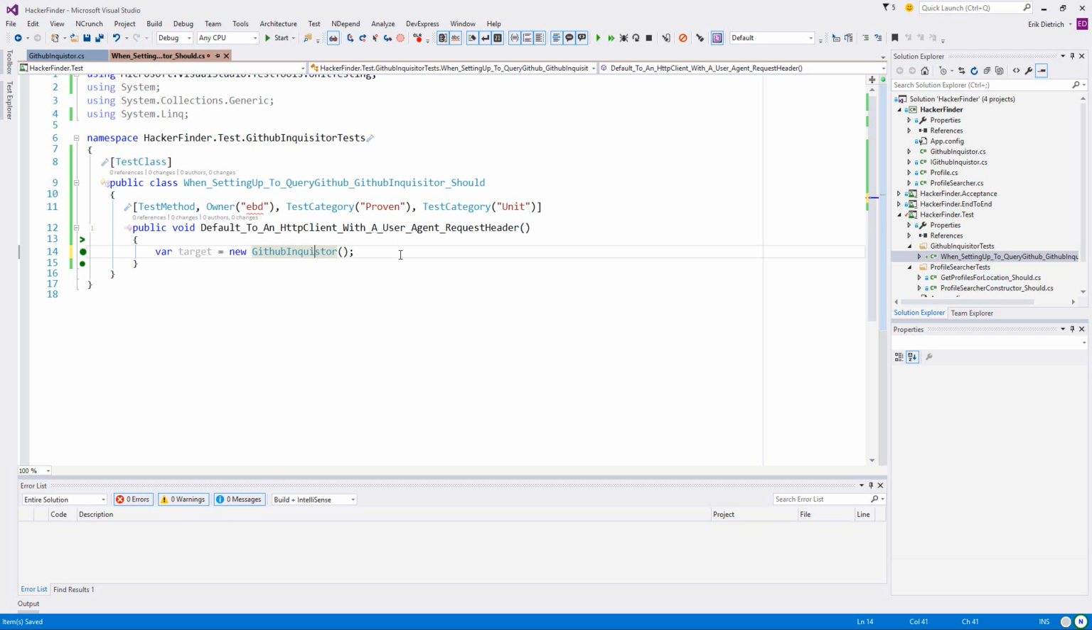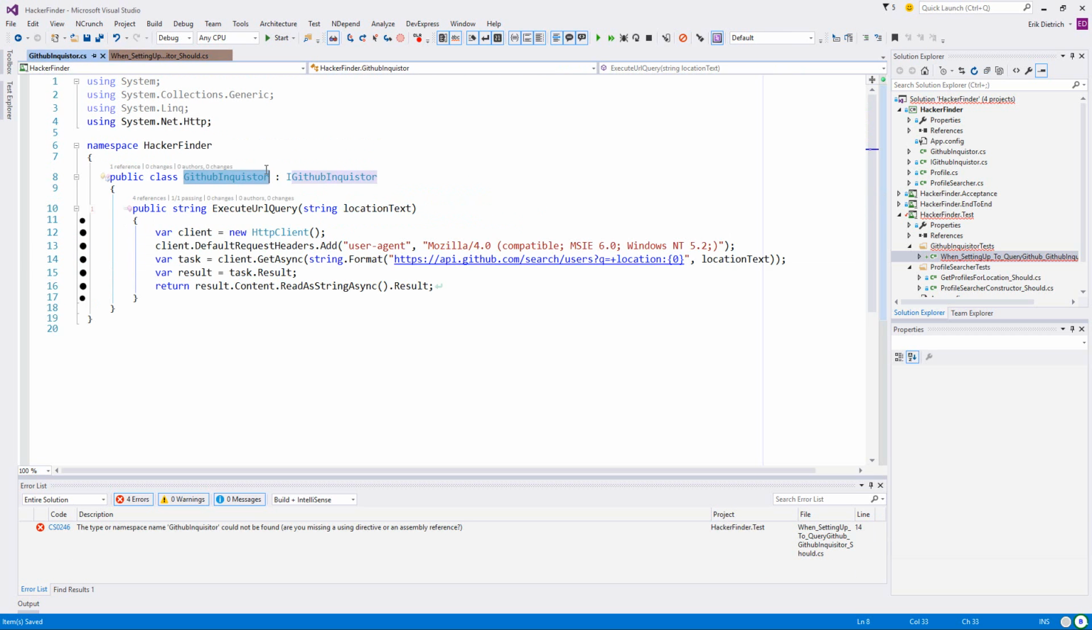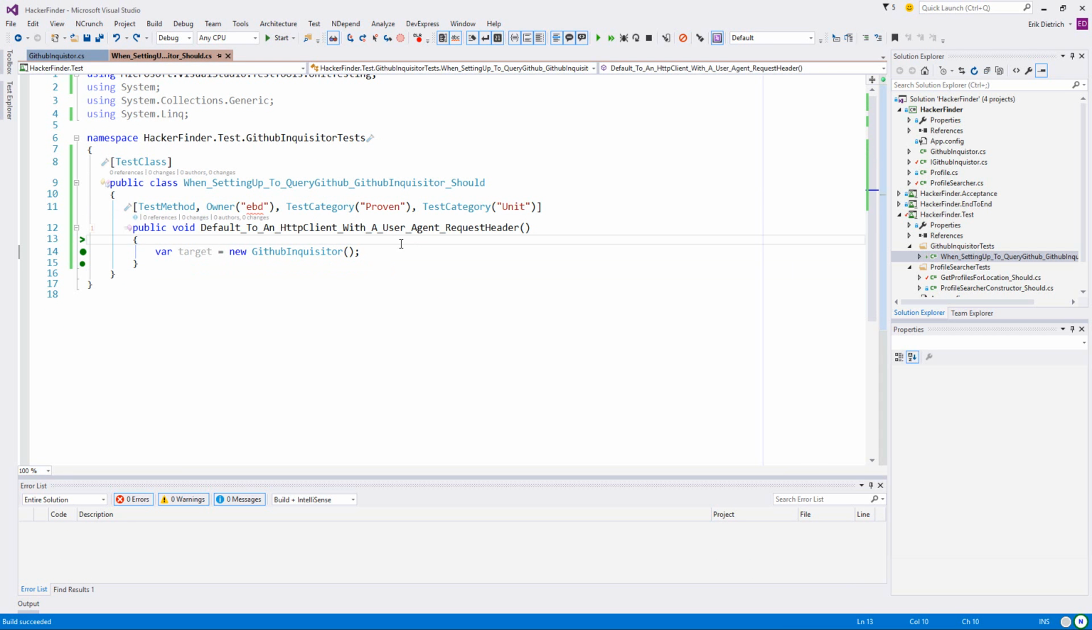So that's why I spend so much time on it, because silly as that sounds, I definitely prefer to fix the spelling. Oh, and this guy's spelled wrong too. Inquisitor. So does that break anything? No. Crisis averted. Okay, so it's a new GitHub Inquisitor, and I want to assert